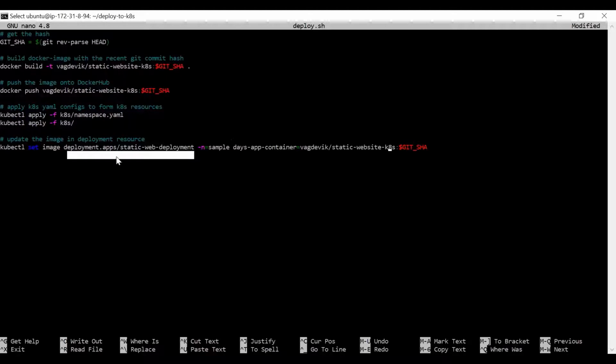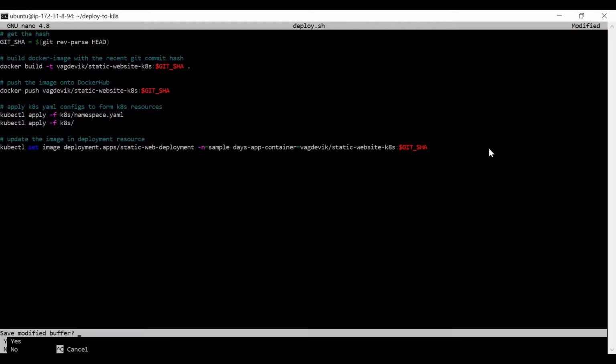So why have we written this? Because when we just get all the deployments in a namespace or something, it will show this, right? So out of these deployments, I want to update the deployment with this name. And this deployment belongs to this namespace. And in this deployment, I want to update the image of this container, and I want to use this particular image.